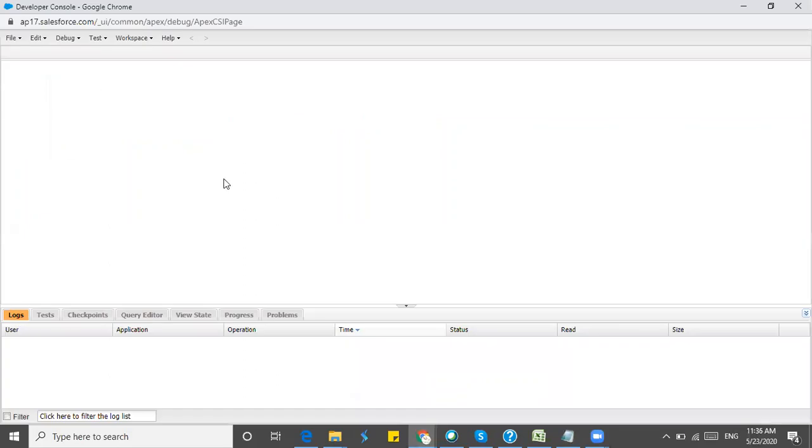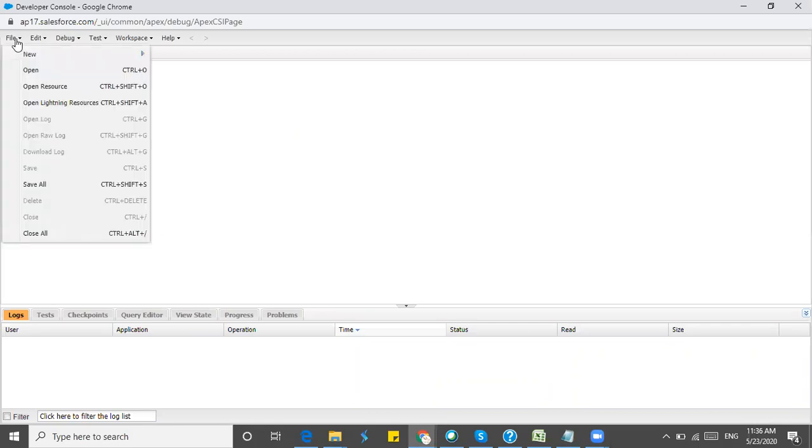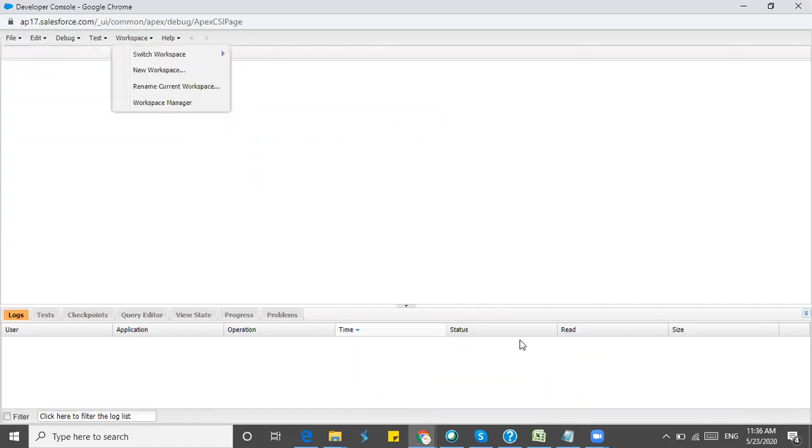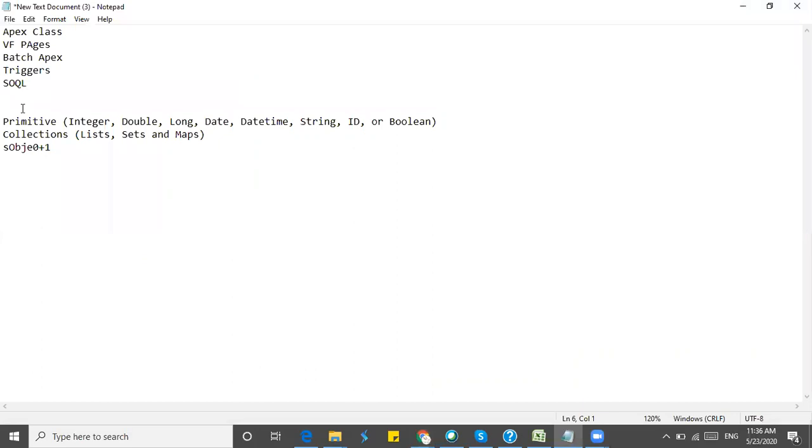So I have shown you this is our developer console where we write our classes, Visual Force pages, Lightning classes, and also we have LWC which is upcoming. Those are all the things we'll be creating here, and we'll be building the application. We'll be writing our custom code here, we'll be writing our triggers, and we can execute our SQL queries here. So I'll be explaining the major parts in that.